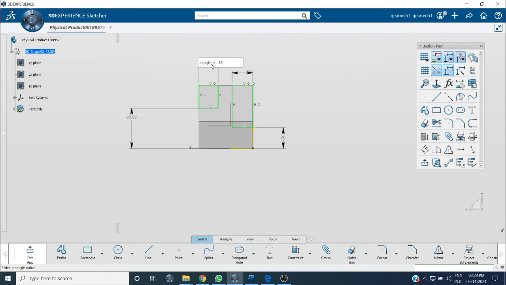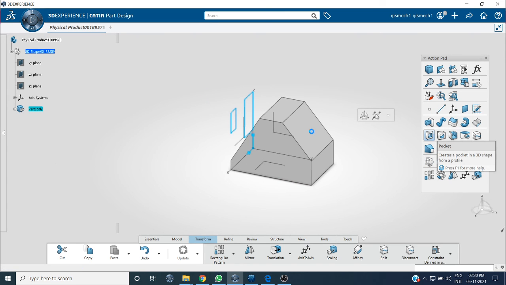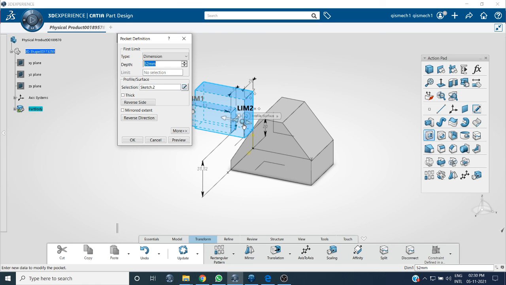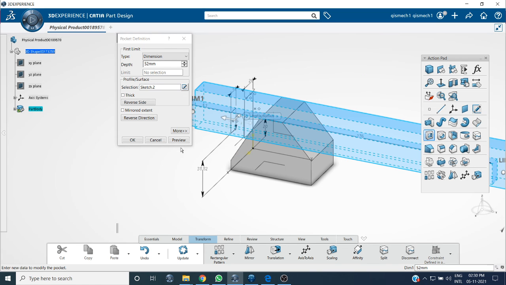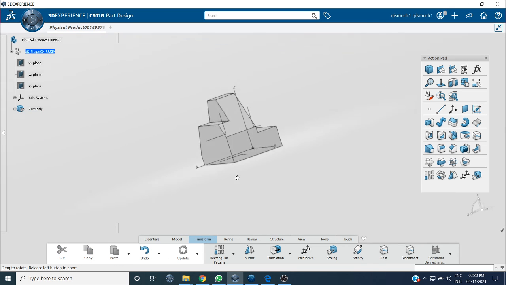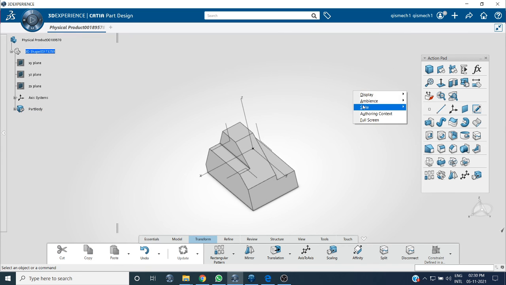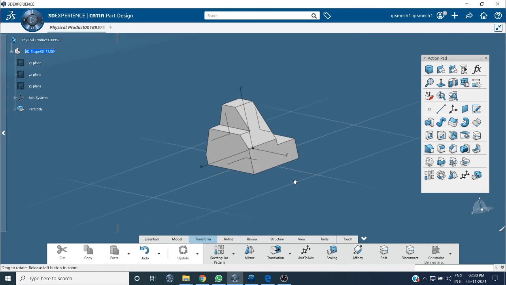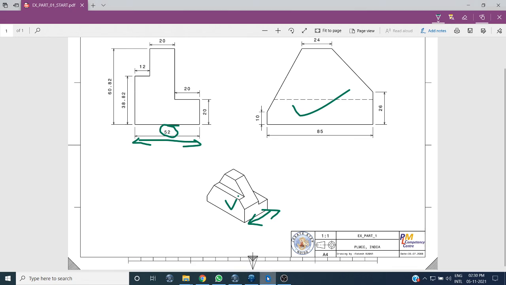Then go for the exit workbench, add and remove. Drag it, preview, and this is your final picture. Okay, I think everyone got this.